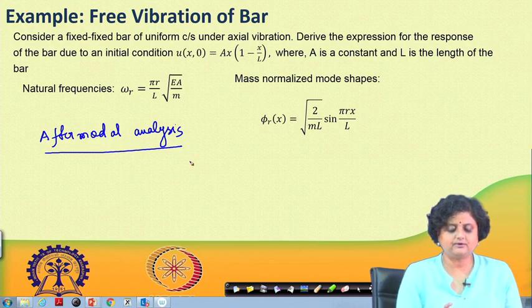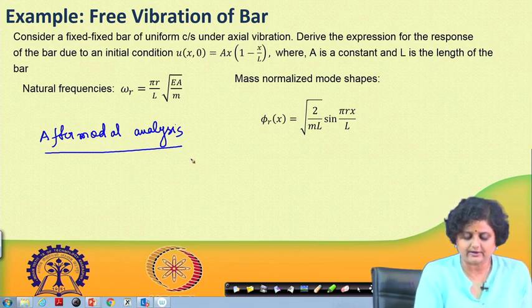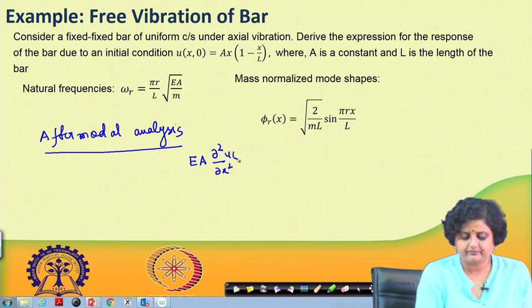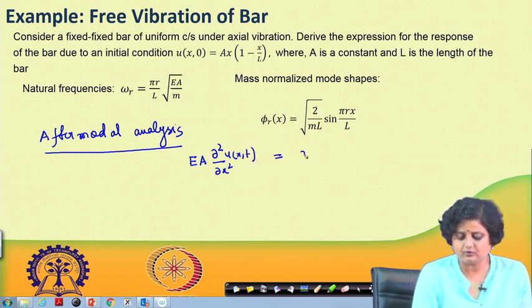Since this is a rod with uniform cross section, the equation of motion is much more simplified, and it can be written as, there is no externally applied force. So, this can be written as